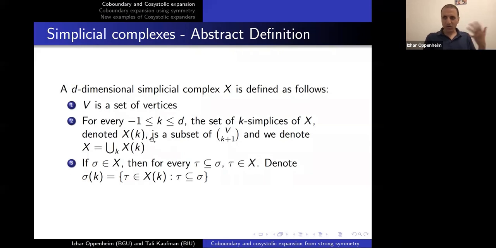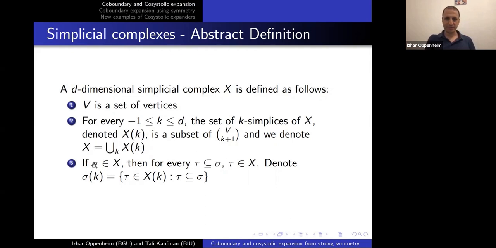We don't take all the sets, we take some sets. And I need one more condition to make it a simplicial complex: if I have a simplex here, and I have a subset of it,